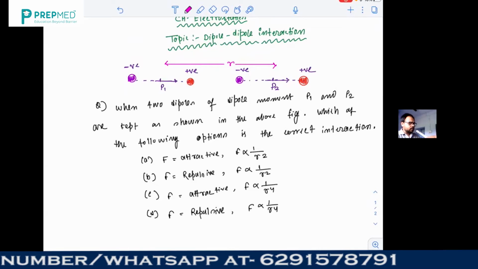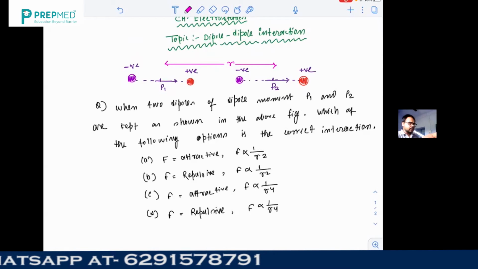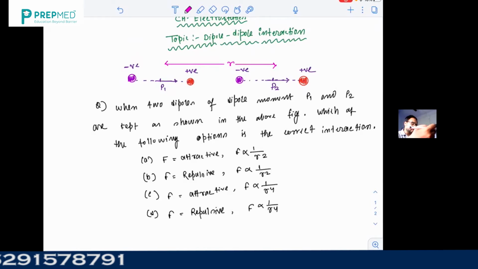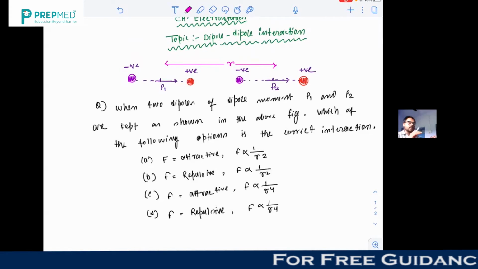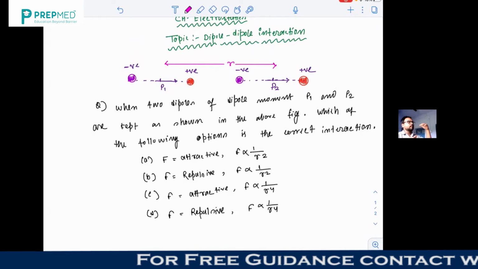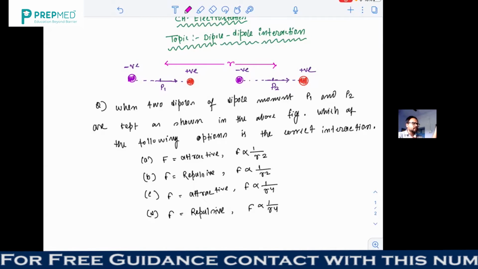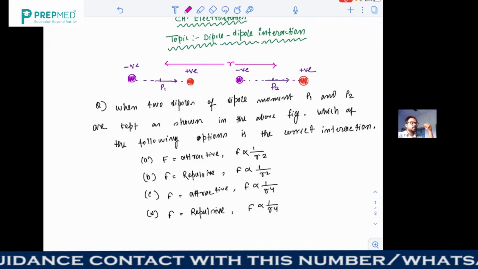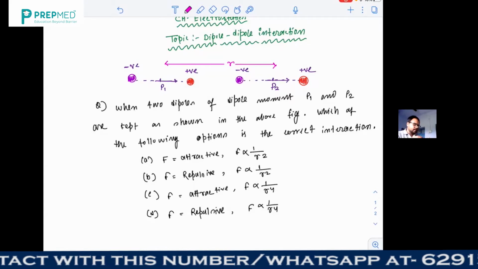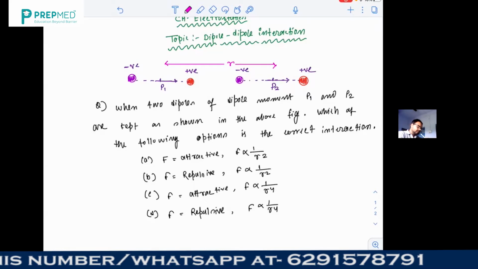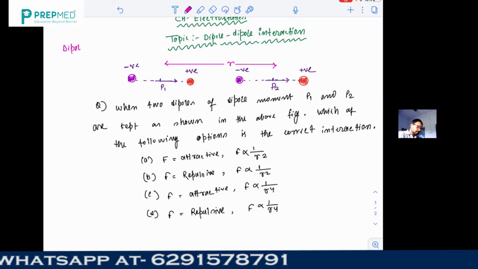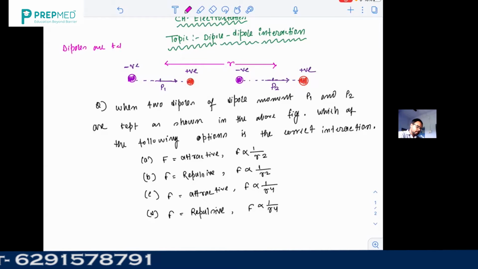So how can you solve that? There are basically two special cases in dipole-dipole interaction that you have to study: whenever the two dipoles are kept at an axial point, and whenever the two dipoles are kept at an equatorial point. I'm not talking about the electric field calculations, though obviously this calculation will also include the electric field calculation. Here you can understand the dipoles are placed at an axial point.